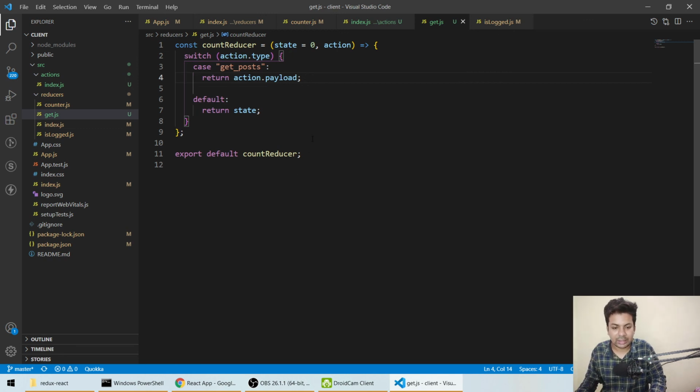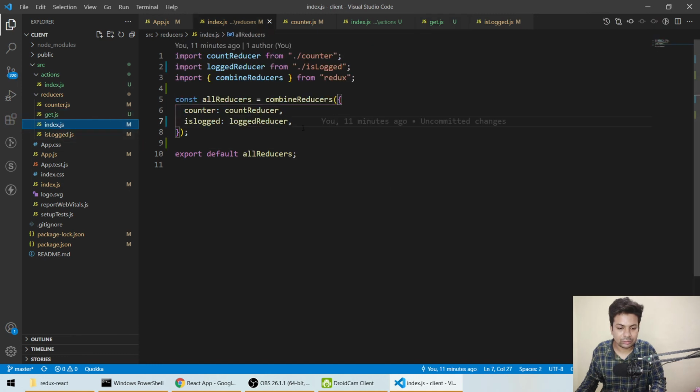Now save it, and here comes combine reducers. Where are we combining the reducers? We have to change the name also. We'll say get reducer, and here also get reducer.